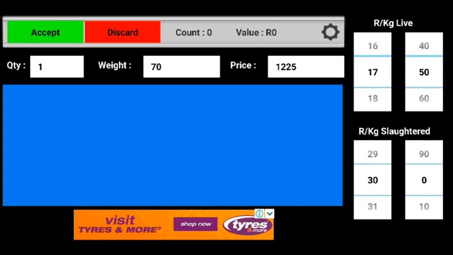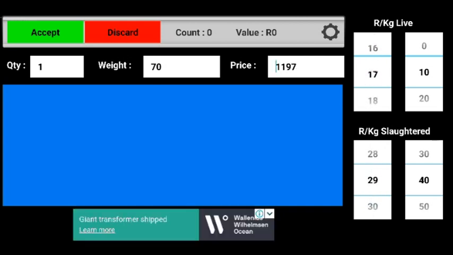This may not be accepted by the buyer, but by adjusting either the live rate per kilogram or the slaughter rate in the spinners, we can get an instant picture of the entire supply chain, as well as our position in it. If we are happy with a transaction, we can add it to the table by clicking the